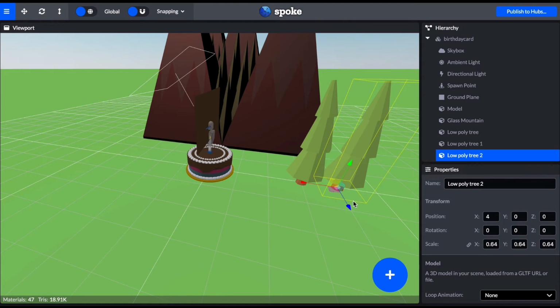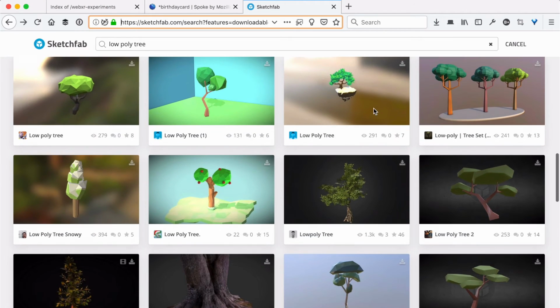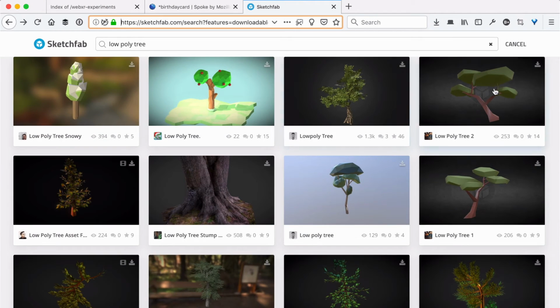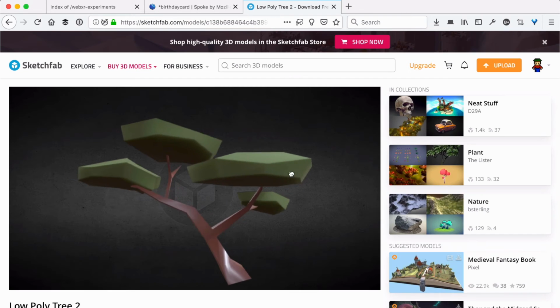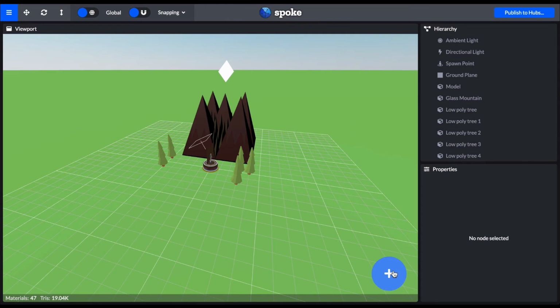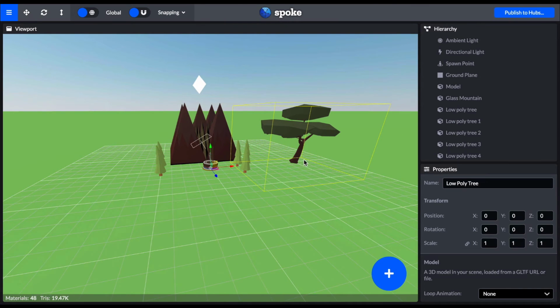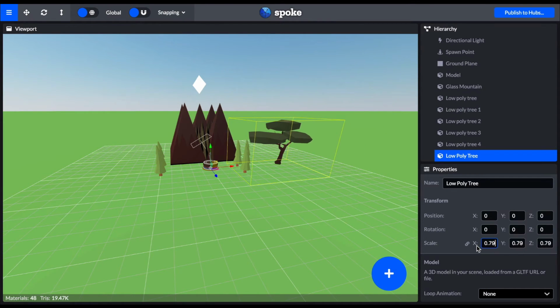So now I can start positioning these things around. Let's maybe put some over on this side, and one more over here. And I'd like a second kind of tree to add some variety. So here's a completely different type of tree that I think looks really cute. I like the way they design the branches. So let's add that in. And so now we've got this tree. I think it's almost as tall as the mountains. That's probably a little big. So I'll scale that down,